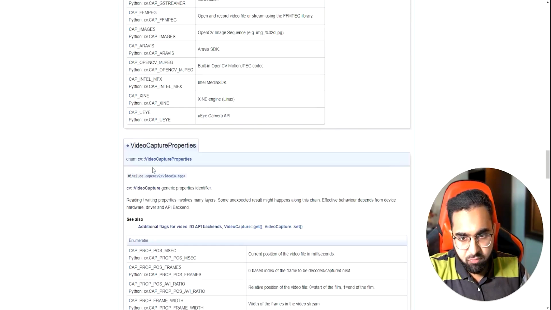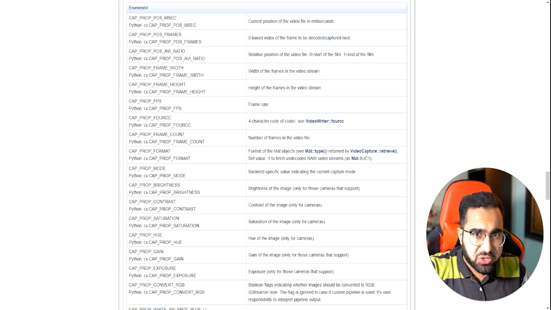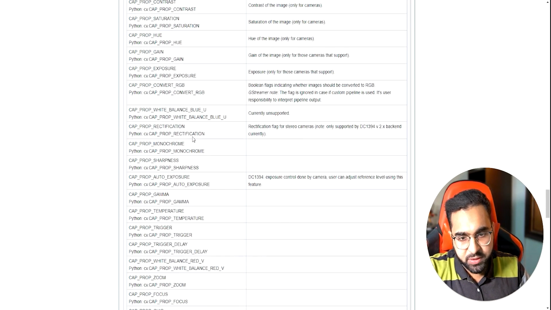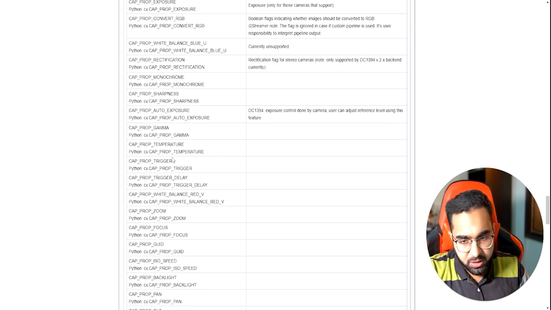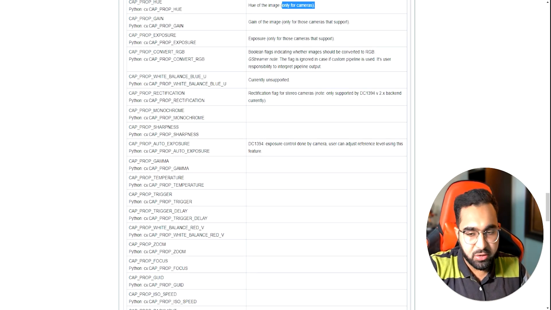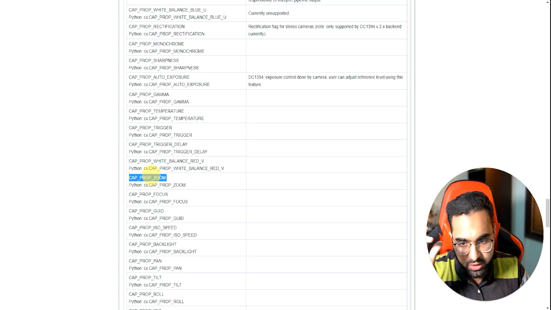Some of the properties are restricted to the video source that you're using. For example, if you want to set or get the hue, this is only available when you're using webcams, not when you're accessing videos from disk. Similarly, a lot of these properties are restricted to cameras that have those properties. For example, this is how you set the zoom in a camera. This is an optical zoom, and this is only possible if you're using a camera that supports it.